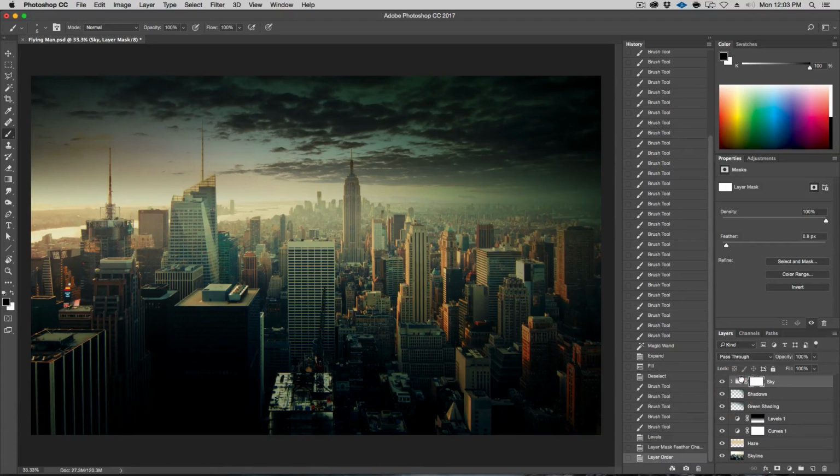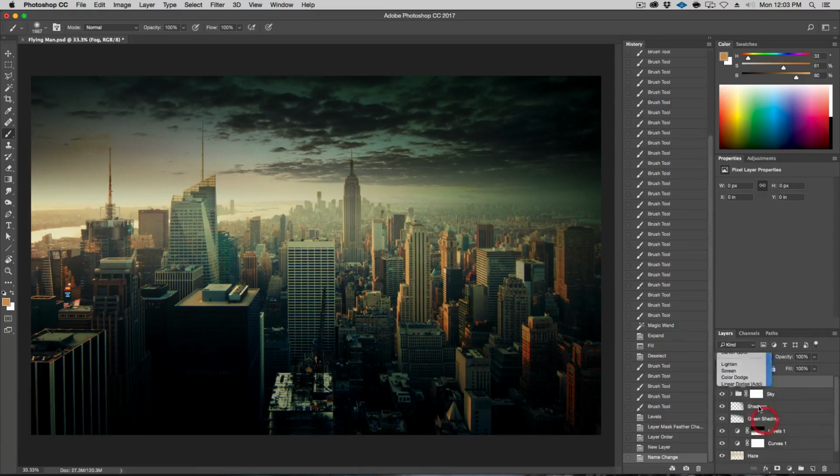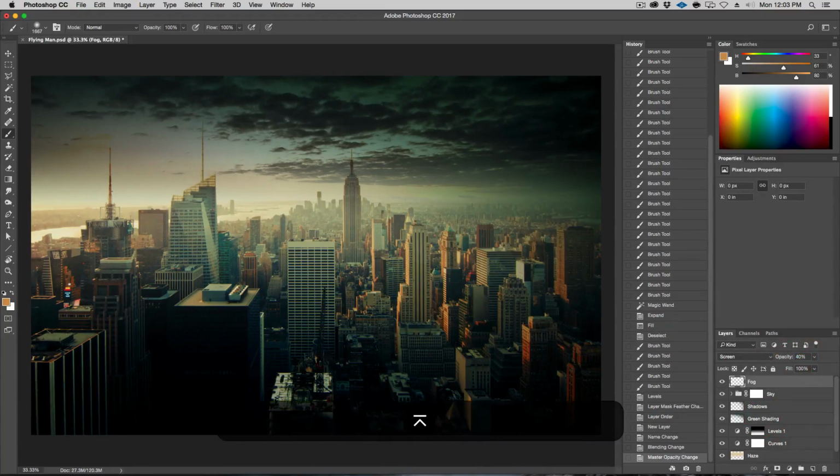I'm actually going to put this above the shadow like that, and let's add another one, and we'll call this fog. Okay, and hit B for brush. In this case, I'm going to make it very big, very soft, and I want something pretty warm, something like this. I like picking colors from the image as opposed to directly in here because I feel like it'll blend better. It's part of this image already. All right, going here. For the fog, put it on screen mode, like so, and let's make the opacity 40%.